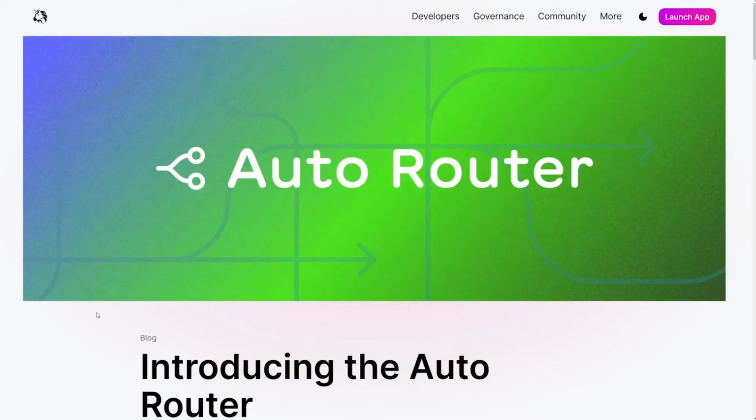Hello everyone and welcome in today's video where we are checking a brand new update for Uniswap, which is called the Auto Router, along with some other updates for the Uniswap protocol, and later we will also check out the